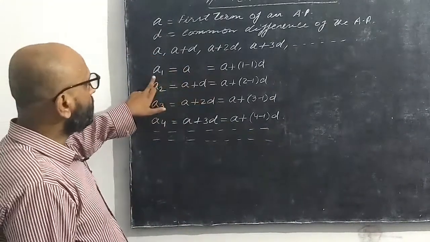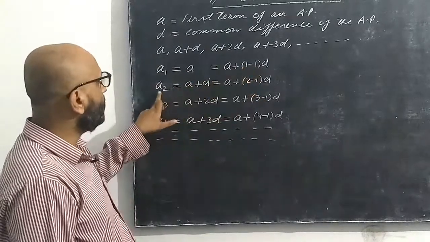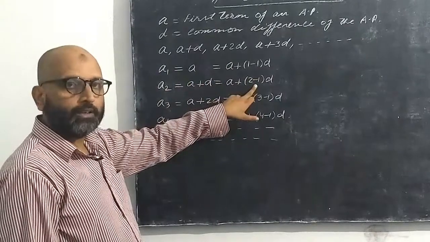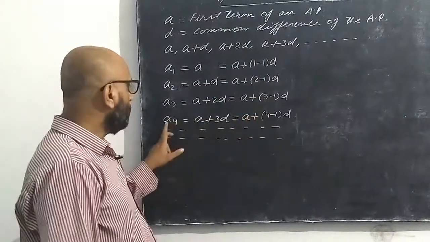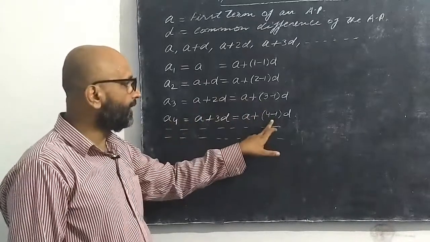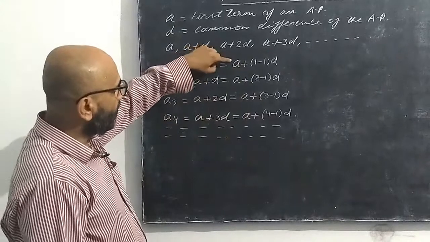We have in the first term we get the coefficient of d as 1 minus 1. In the second term, the coefficient of d is 2 minus 1. In the third term, the coefficient is 3 minus 1. In the fourth term the coefficient of d is 4 minus 1. So we observe that every term has a